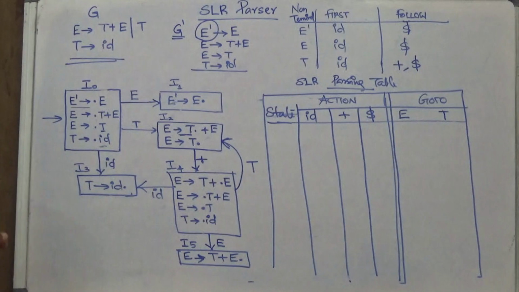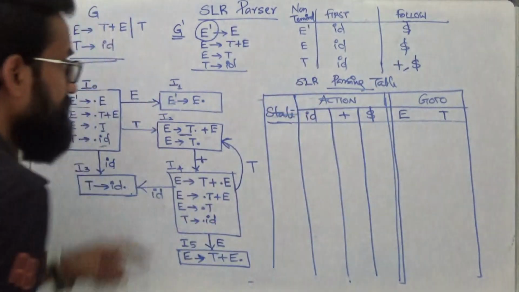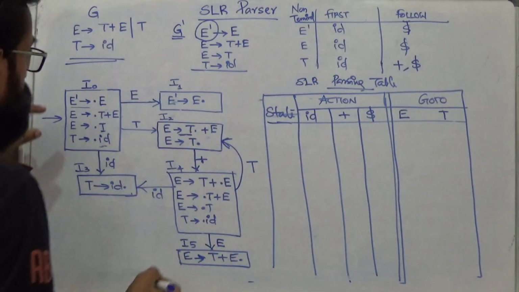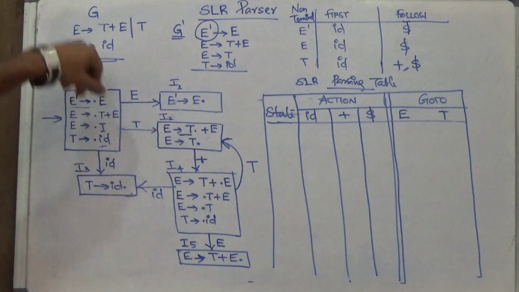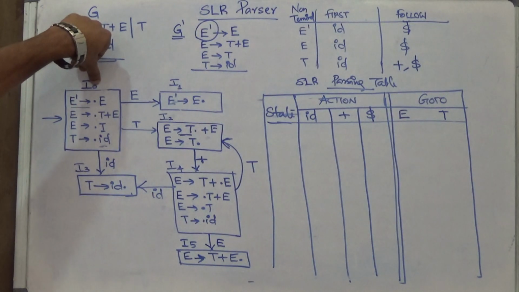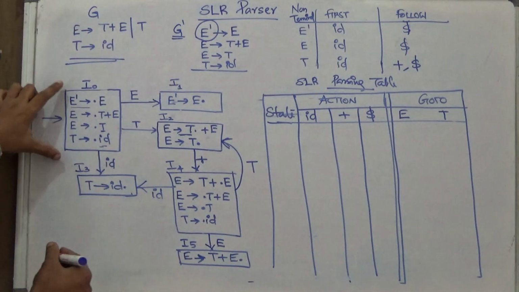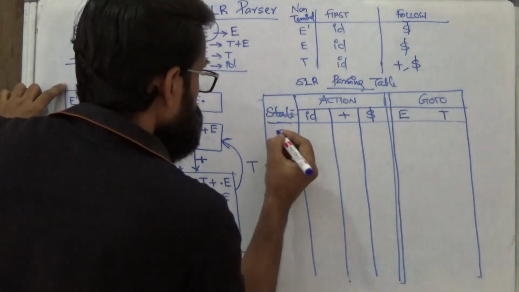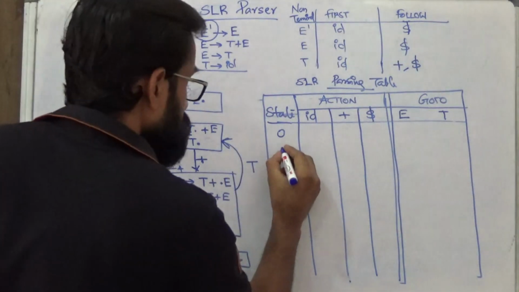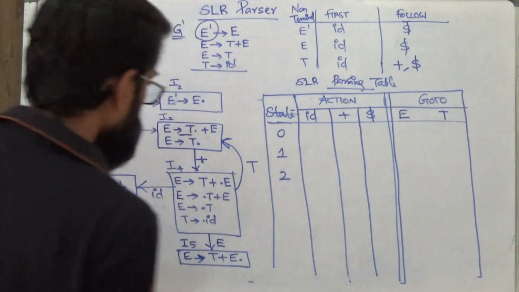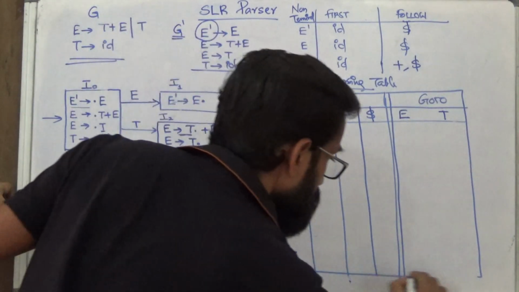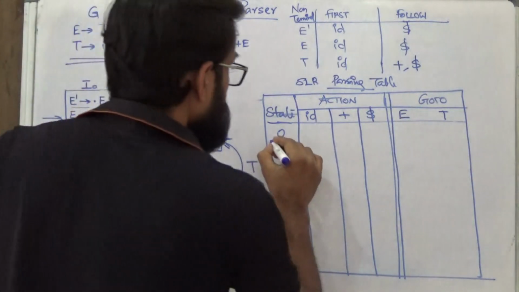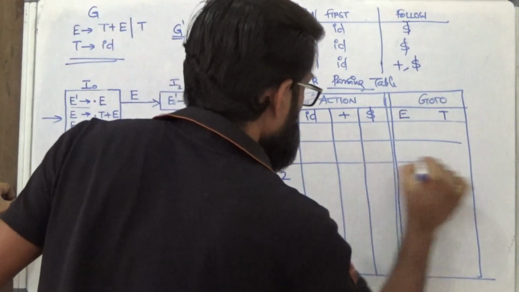Okay. Now, corresponding to each state, there will be a row. So you are having states. So how will you identify the state? Each item set represents a state. So you can use this subscript to represent the state. So the state can be labeled as I0, this is I1 and so on. So state 1, state 2, state 3, state 4 and state 5. So corresponding to each state there will be a row. So this will be the parsing table.